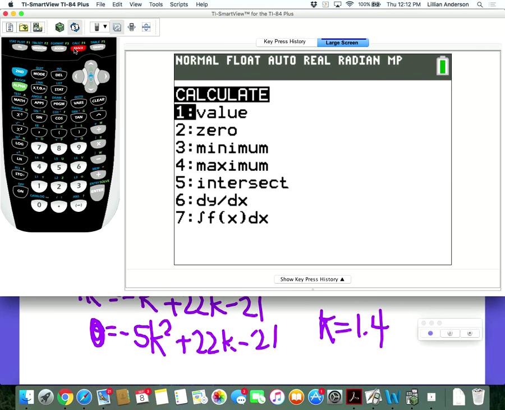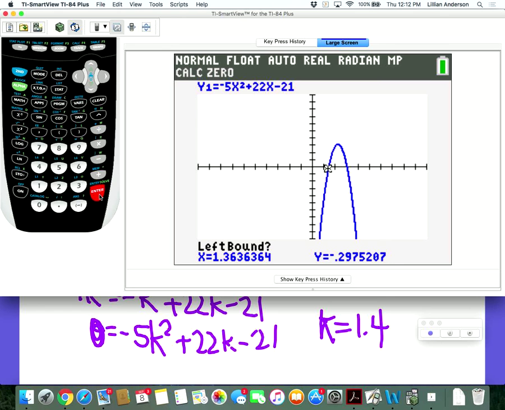Second trace. Where do I go from here? Go to 0. Go down to option 2. Now it says left bound. I need to go to the left of this x-intercept. Is that going to be above it or below it? Above. So I'm going to move the cursor over